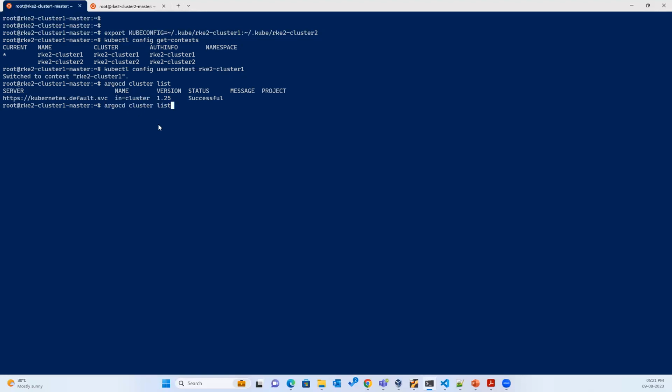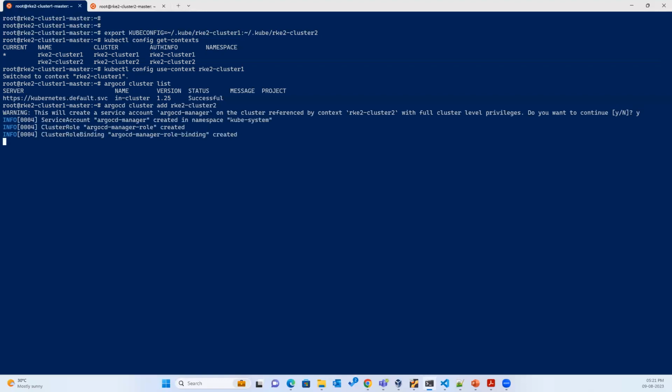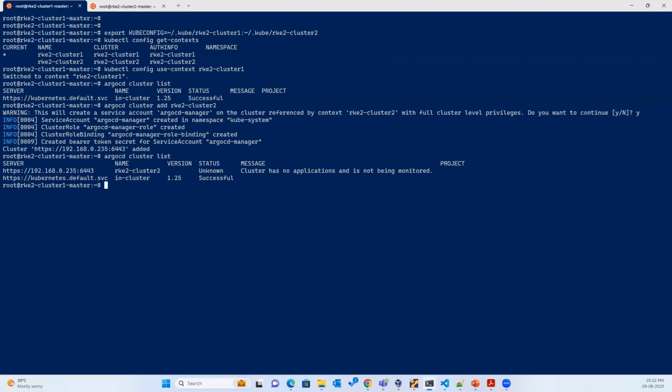Okay, so we'll just add the remote cluster here. That is argocd cluster add and the context name. The context name is rk2-cluster2. Just press enter and it will ask for confirmation, so say yes. It is added. The remote cluster is running on this IP, 192.168.0.235. Now if I run the command argocd cluster list,